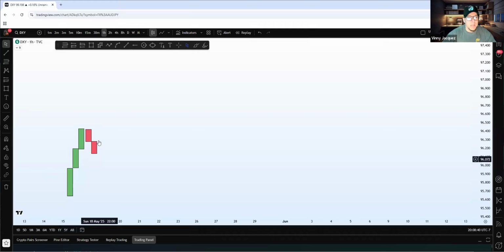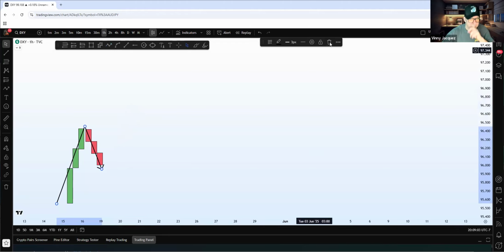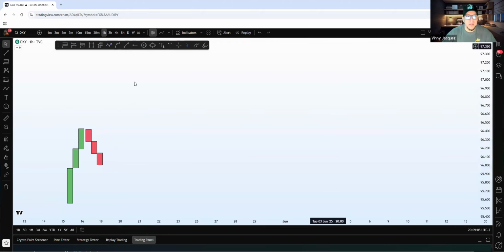So guys, as of right now, this is what I have. I have higher high and higher low. Is everybody with me right now? Give me a 2 if you guys are with me. All I have is higher high, higher low. I need to see a break of structure to the upside to give me my BOS. Okay, I need to see a BOS to the upside.